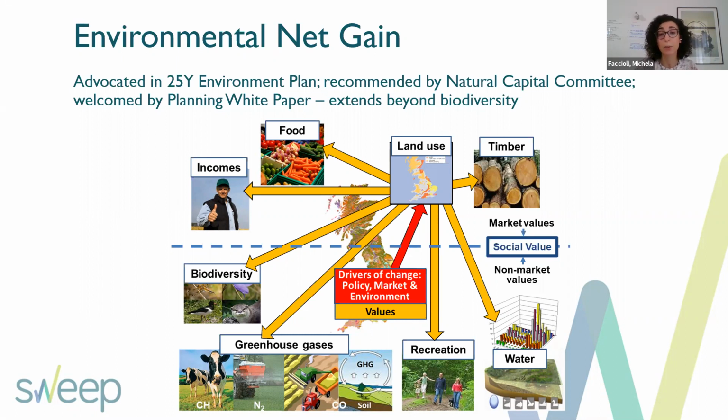Translating information about the biophysical flow of ecosystem services into monetary terms can be useful, as these monetary metrics embed information about how ecosystem services contribute to human well-being and welfare, and what societal priorities are. They are comparable and can easily be used by policymakers to prioritize public investment decisions. However, while the costs of offsetting project implementation are generally known, the scale of the social benefits afforded are frequently